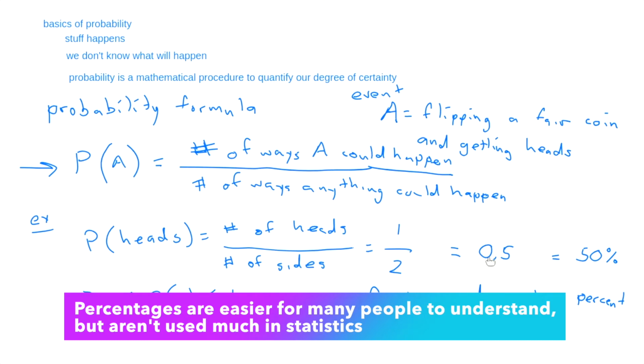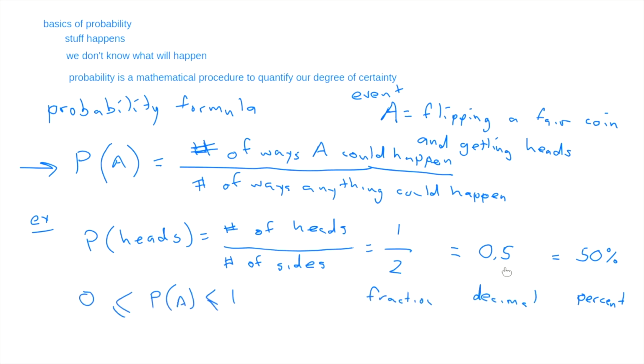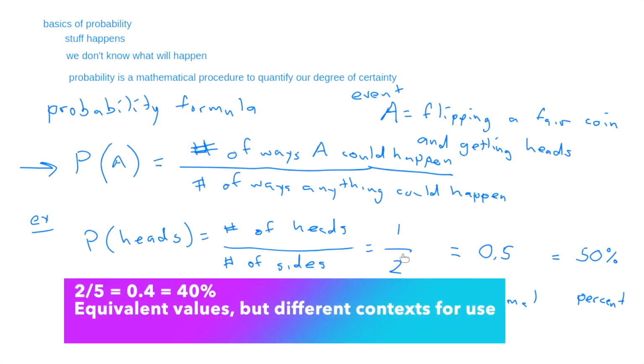Once in a while, they will be decimals, and often you will have to round the decimal. If you are talking to an ordinary person, like your grandmother, and she says, hey, what's the probability of rain tomorrow? You don't want to say 2 out of 5, and you don't want to say 0.4. Your grandmother's going to say, what? Huh? I'm talking about the weather. What she wants you to say is 40%. So percent is probably the most common way of expressing probabilities among ordinary mortals who aren't mathy, who aren't statisticians.